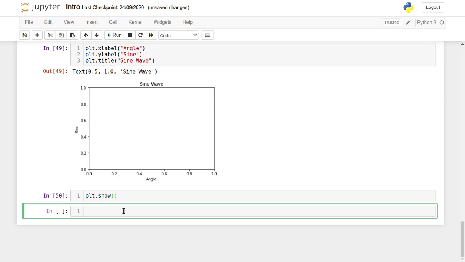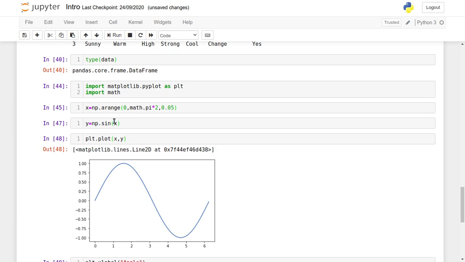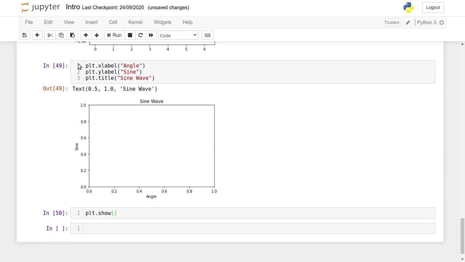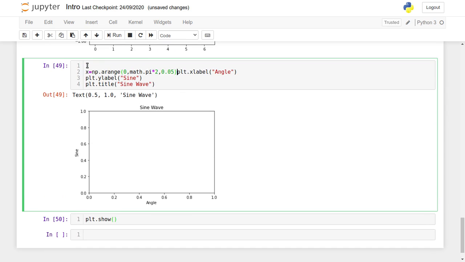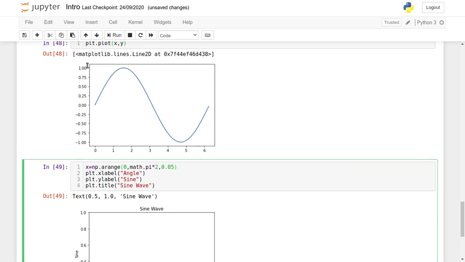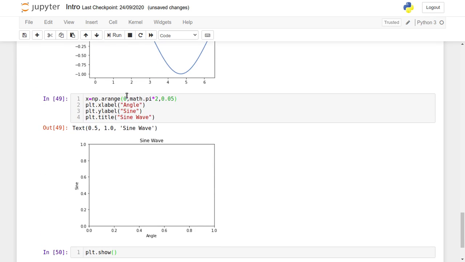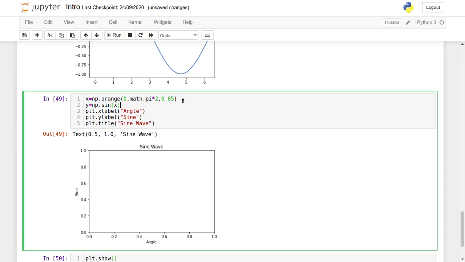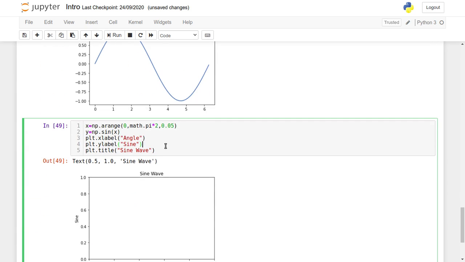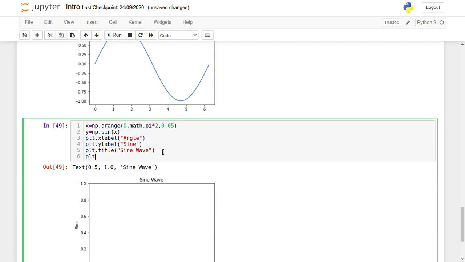Here we get the name of the graph as sine wave, the x-axis as angle, and the y-axis as sine. Altogether, we put this in one place so that we will get the complete curve with all the details. We have np.arange, np.sin(x), and here we will put plt.show.